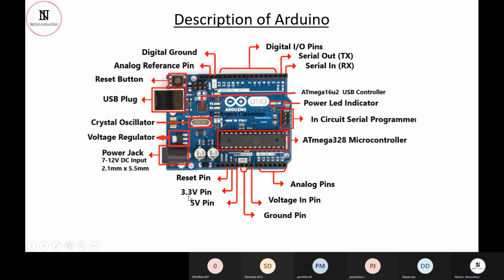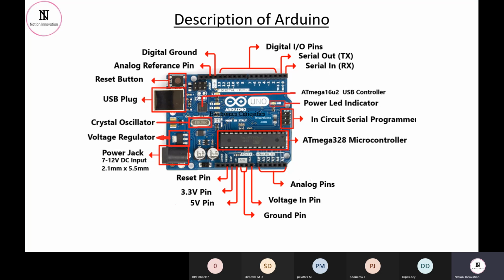Fine. Then we have a 3.3 volt supply and a 5 volt supply. Some devices will require a 5 volt supply to work, some devices will require 3.3 volt supply, and there are also some devices which require 1.8 volts for their normal operation. The 1.8 volt devices might not be directly used because we have to have an external circuit to first drop the voltage to that level and then we can use it.